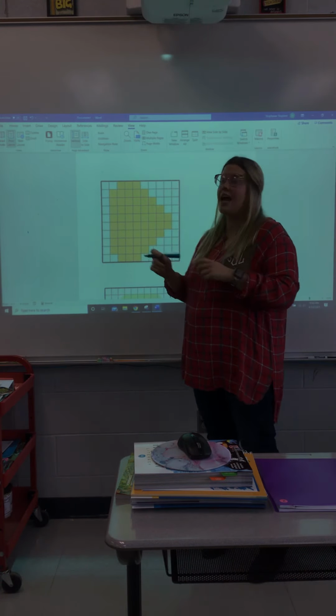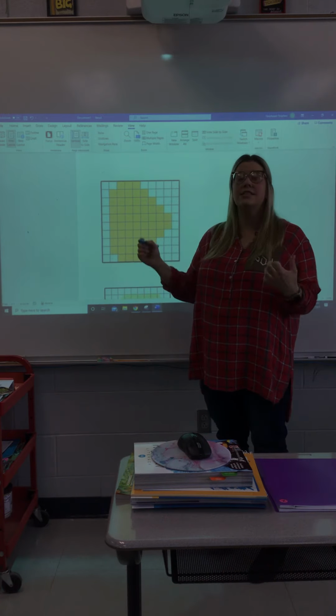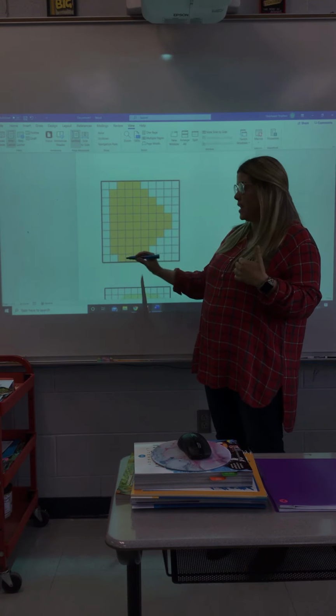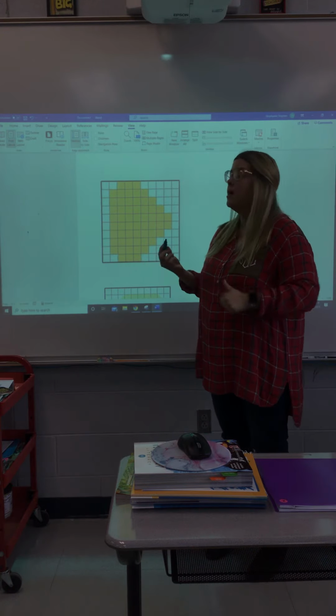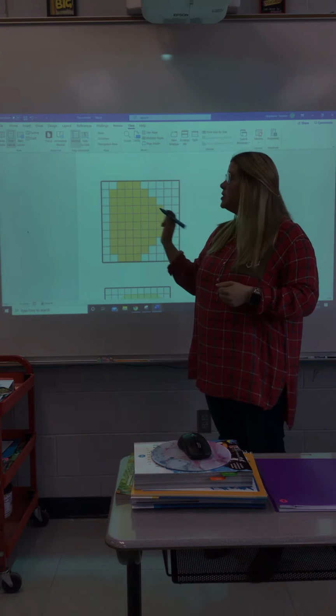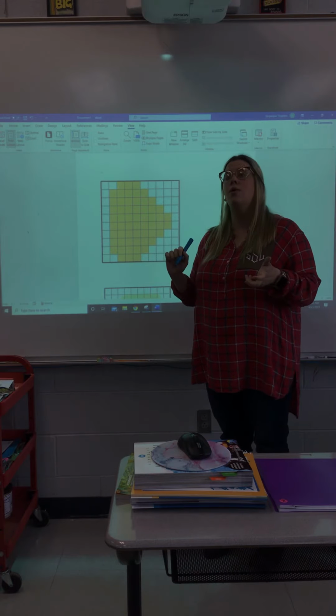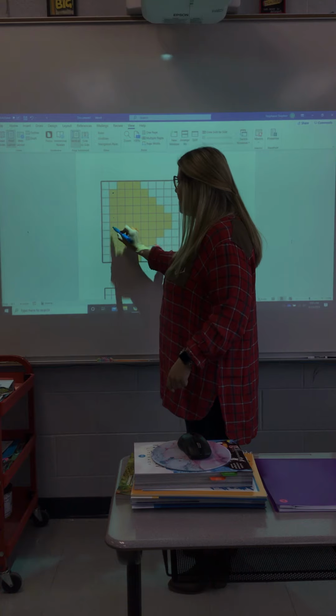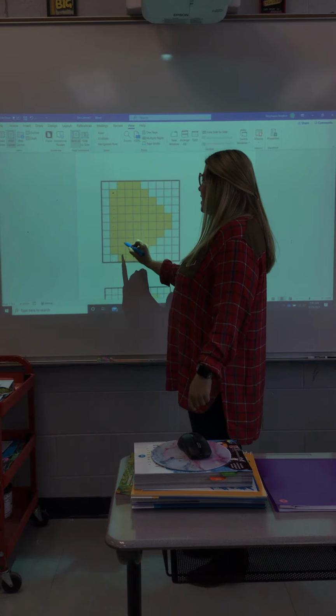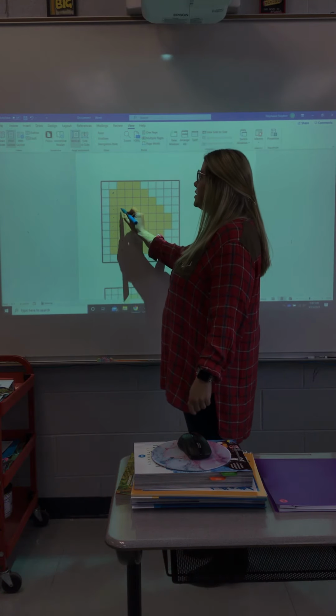So anytime that I have a shape like this that's tiled and it's shaded, as long as they're not overlapping, you just count the squares. When I'm counting the squares, I like to put a dot in each one so that I know if I've already counted it. So 1, 2, 3, 4, 5, 6, 7, 8, 9, 10, 11, 12, 13, 14, 15, 16,